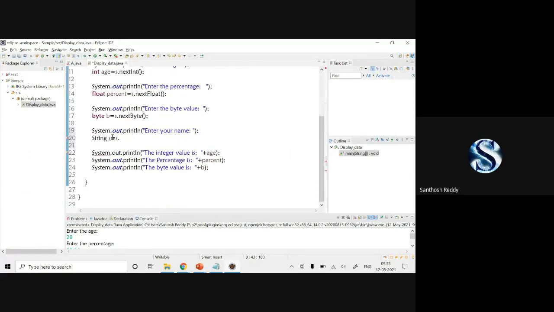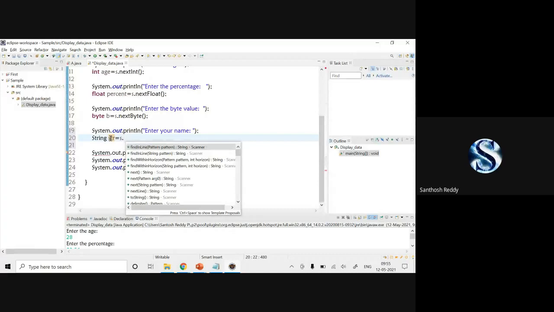Here it is str. I'll check. Now I'll check sc dot. Here you can check it out: I can make use of next or I can make use of nextLine.